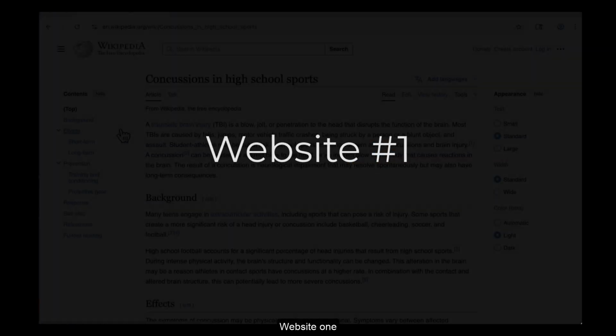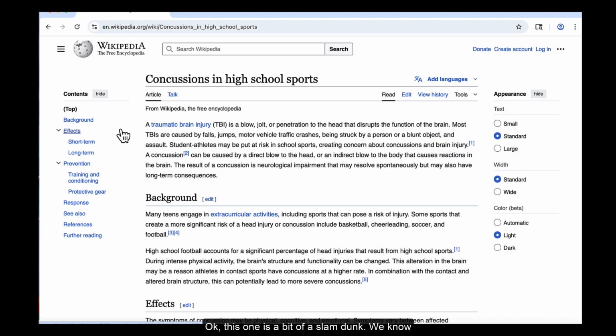Website 1. Okay, this one is a bit of a slam dunk. We know anyone can edit a Wikipedia page, so this would not be a reliable source to cite in a